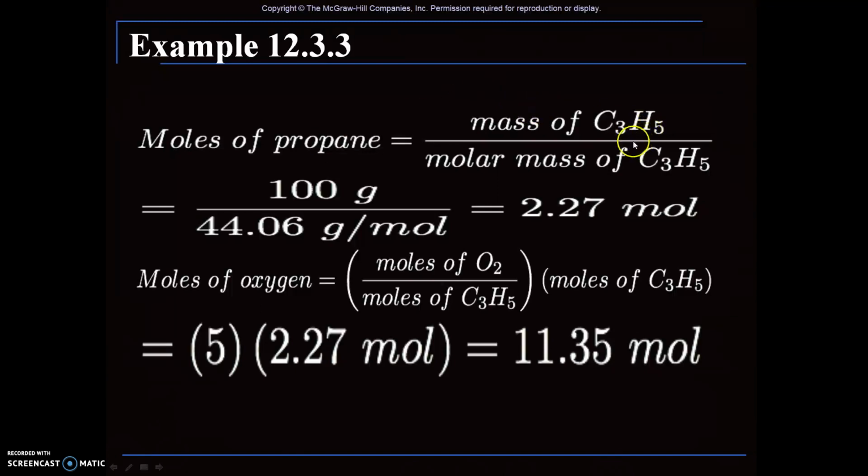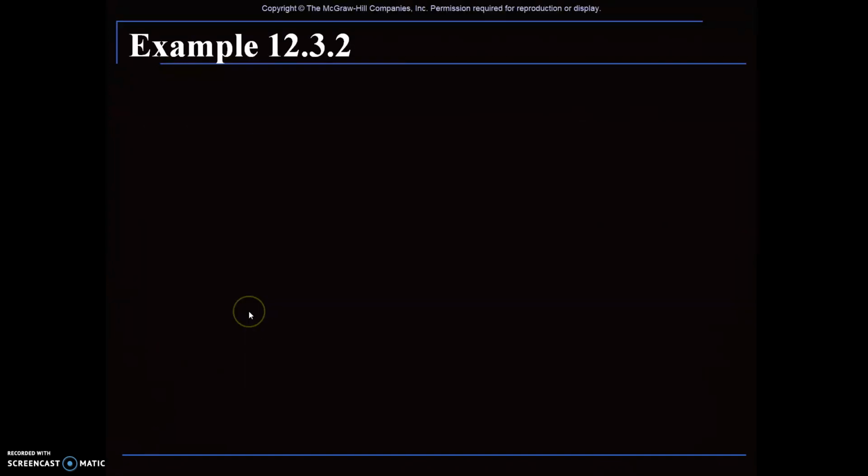So mass of C3H8, that is 100 right here. And then the molar mass of C3H8, so it's 100 over 44.06. That gives me 2.27. So we know from this equation right here,